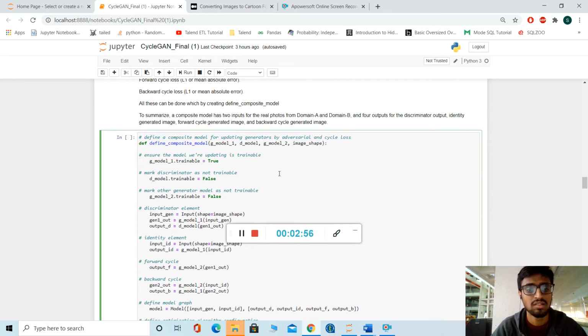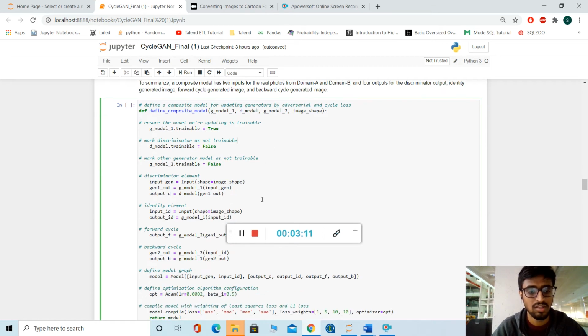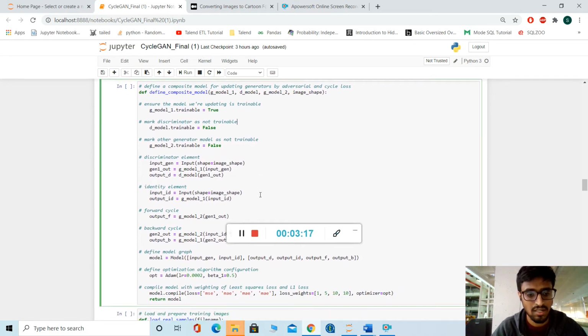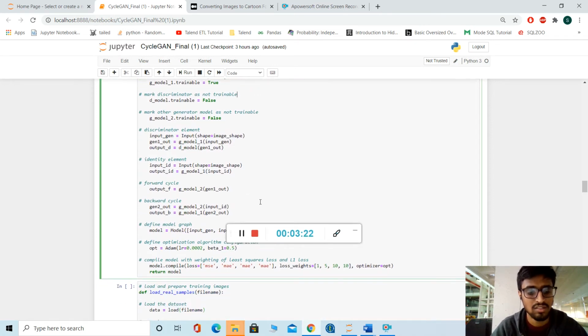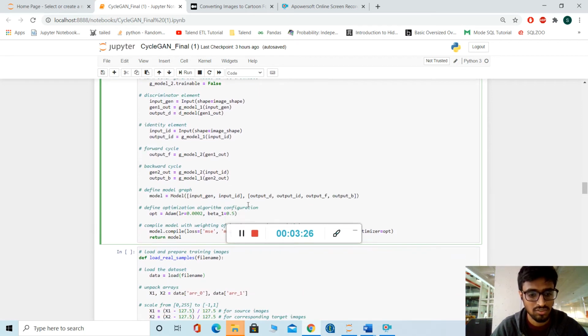We'll be keeping the discriminator model and generator model 2 as trainable equal to false because we are only updating generator model 1, so they have been kept false. We'll then have the discriminator output, identity element, forward cycle generated image and backward cycle generated image as outputs